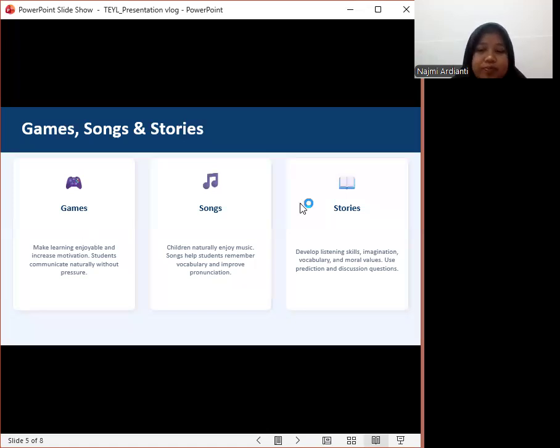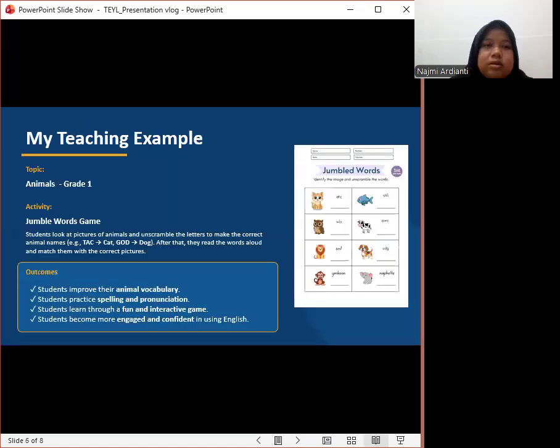Next is my teaching example. I would like to share one of my teaching activities. The topic is animals for grade 1 students. I use a jumbled words game. First, students look at a picture of different animals.